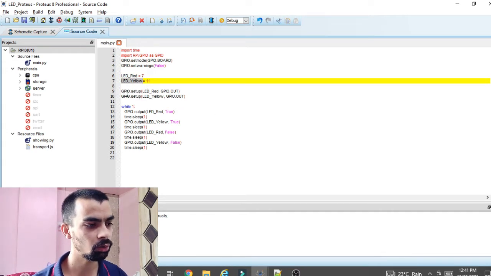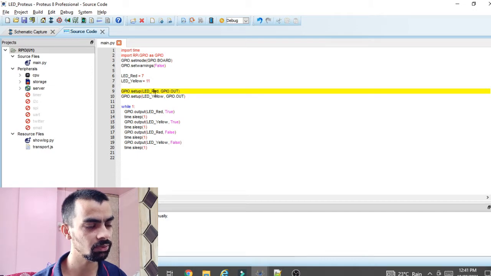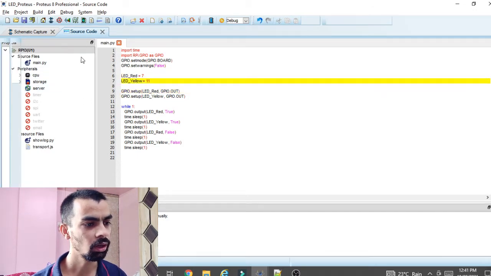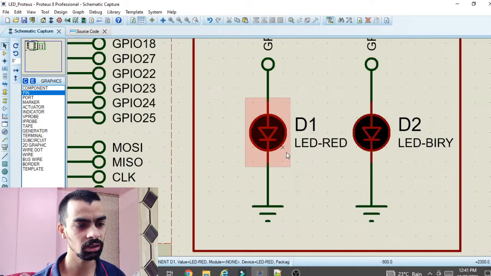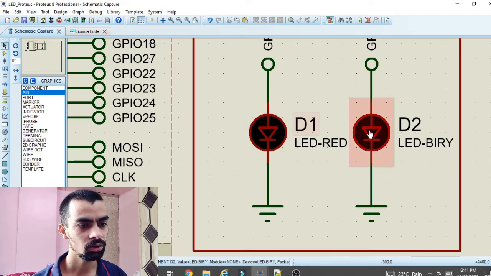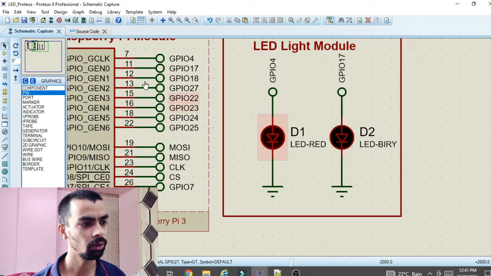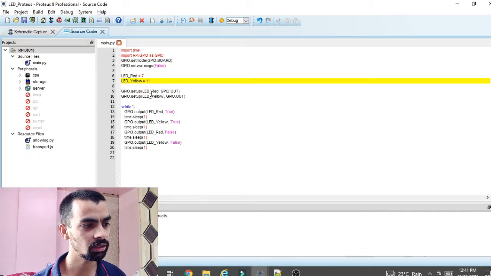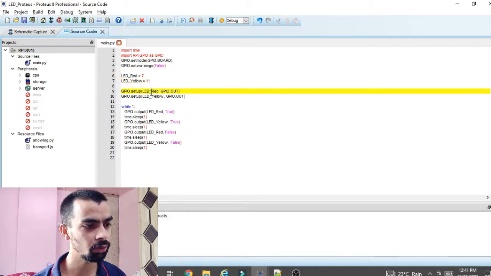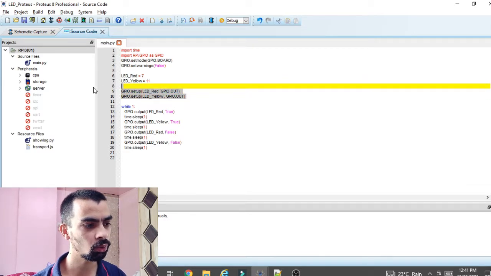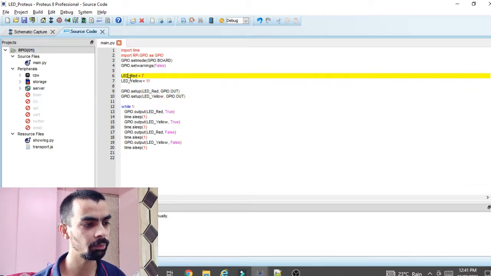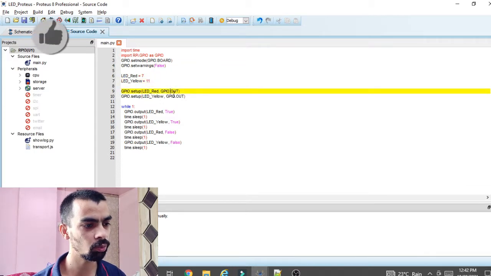After that we have to declare both the pins, that is first pin and second pin, as output, because Raspberry Pi sends a signal to this LED so that this LED will turn on and turn off. If Raspberry Pi wants to send that signal, then this pin should act as an output pin. To declare any pin as output, we will use this line, GPIO.setup, then pin number, GPIO.OUT. With this logic we define two LED pins, red and yellow, as output pins here.